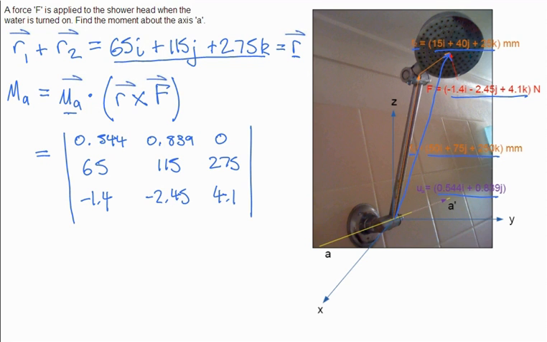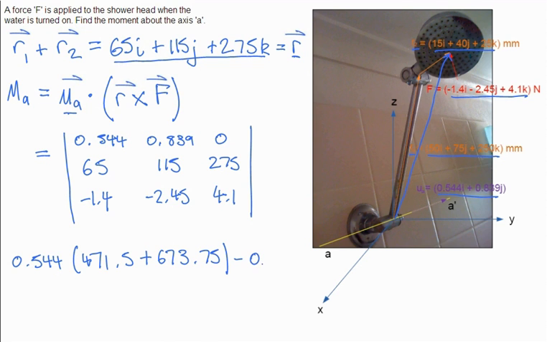Solving for this determinant, we have 0.544 times (115 times 4.1, which is 471.5, minus 2.45 times 275, which is positive 673.75),